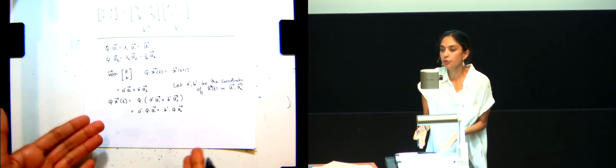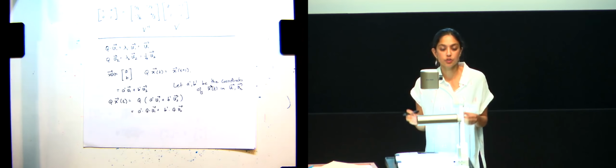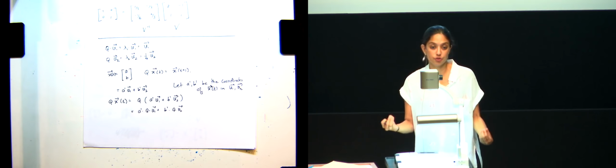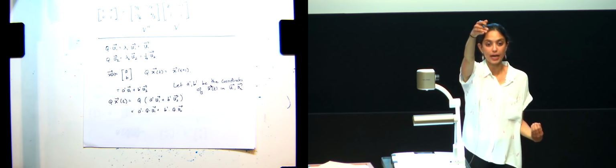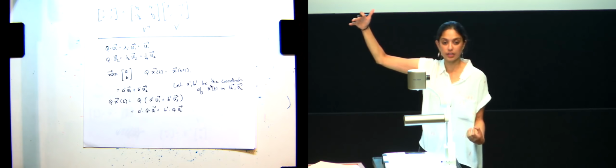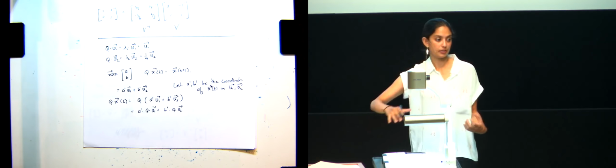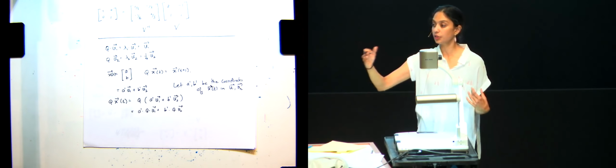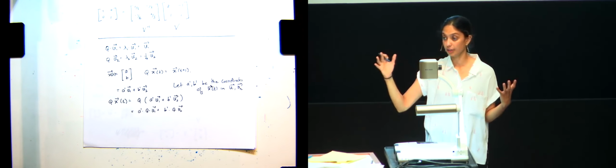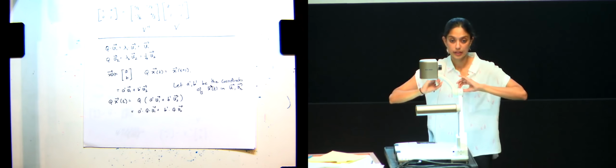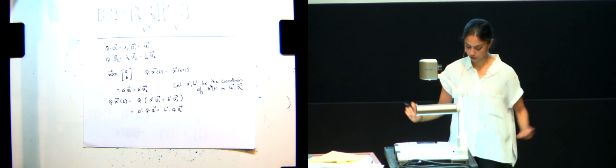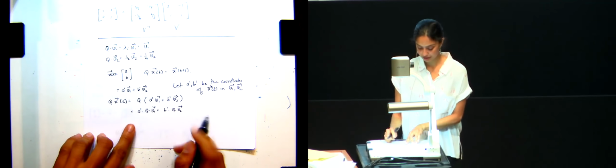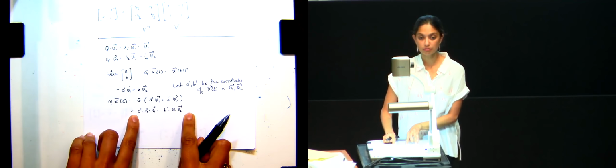So why am I doing this calculation? The point of this calculation is to show you why change of basis is useful, and to get to this question that was just asked: how is this connected to eigenspaces and eigenvalues? That's exactly what we're trying to get to. And there's another question about how the scaling of eigenvalues matters. This is going to edge us in exactly that direction. So now we have this. Does everyone see how I got to here?